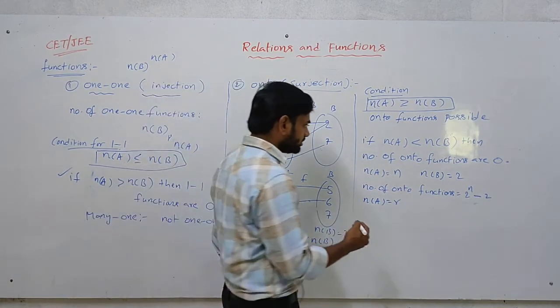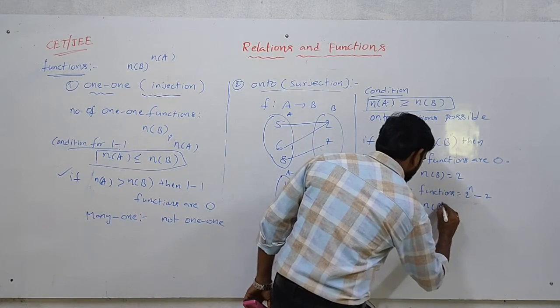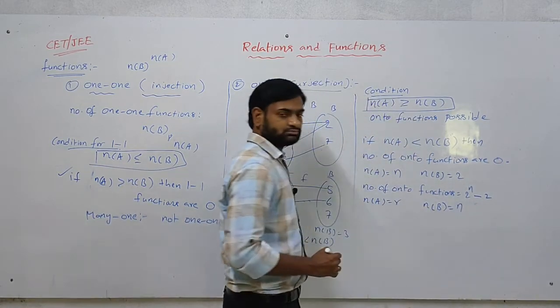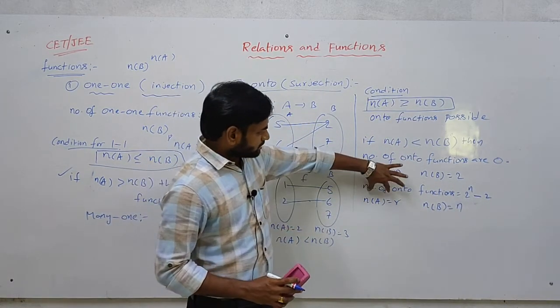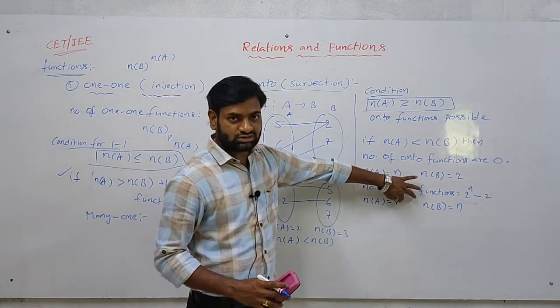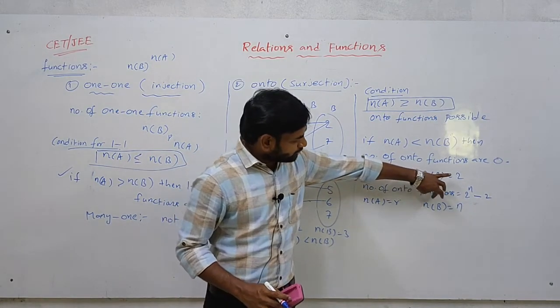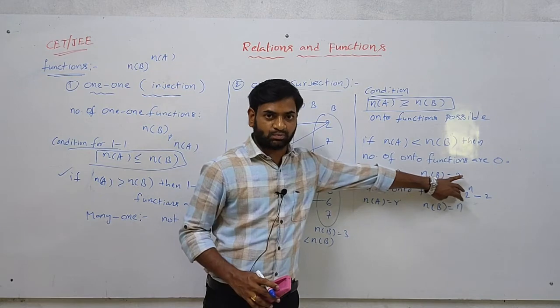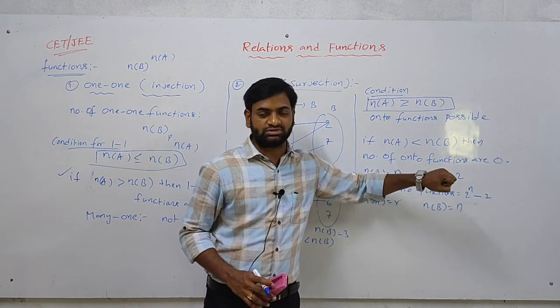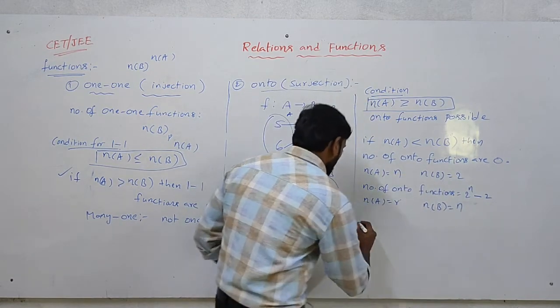Next, suppose in A there are r elements. The number of elements in A is small r, and the number of elements in B is small n. That means n elements are there. Now the number of onto